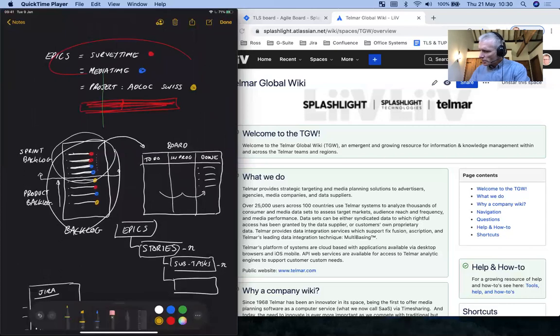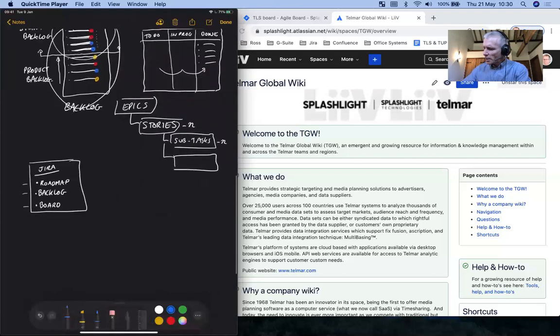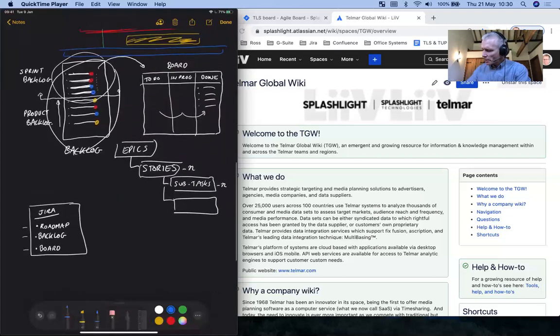It might show us Adlock work, maybe not starting yet, going over here. It might show us media time work in progress now and running on. So you'll see when we look at Jira, you'll see this view. I'll talk about subtasks as well. So let's undo some of these scribbles.